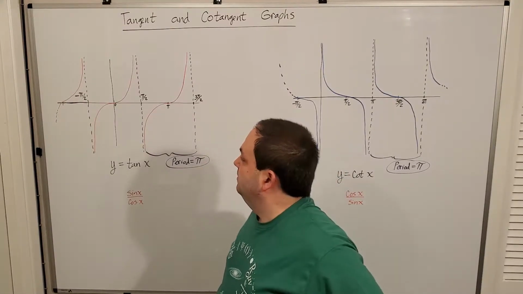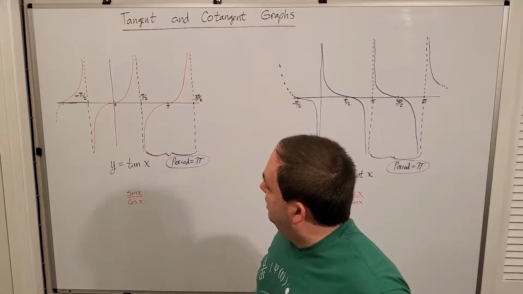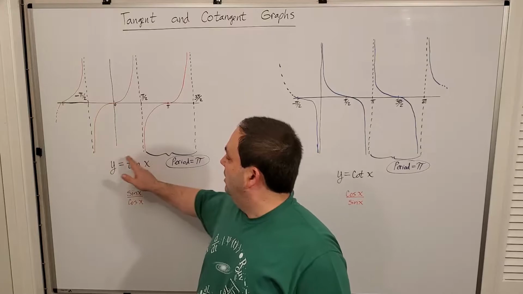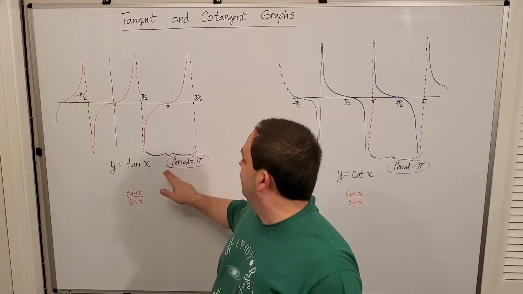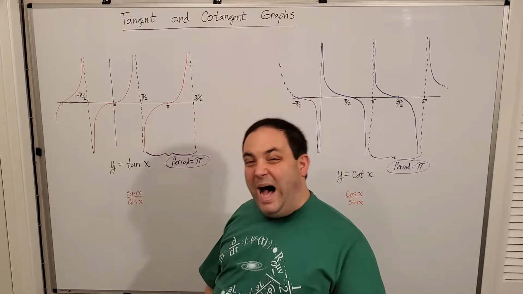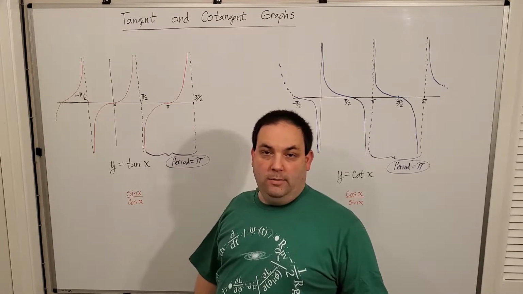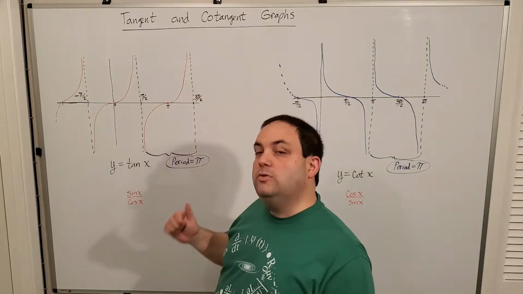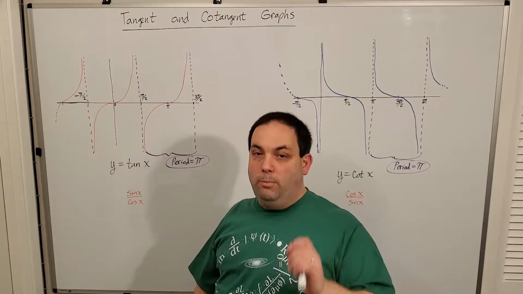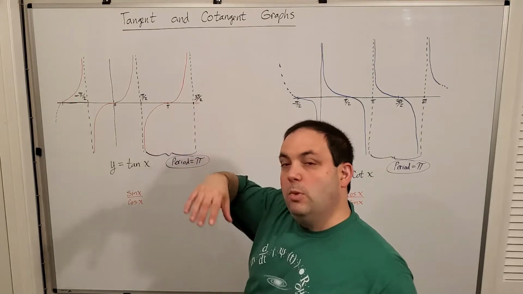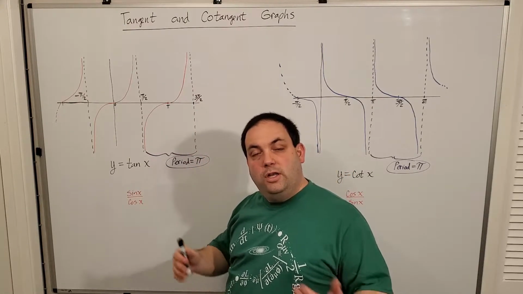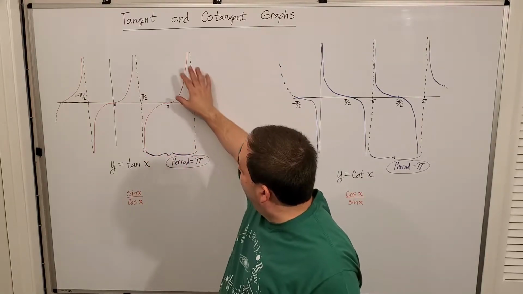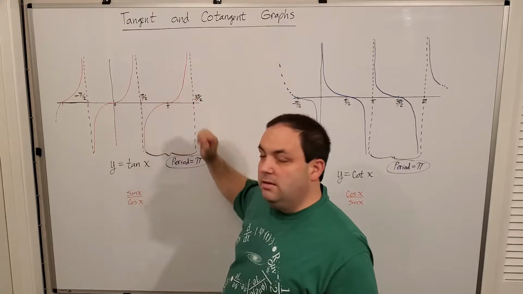it would be undefined. Okay, so typically what we do is we count a period between the asymptotes of these guys. And notice what that gives me is a natural period of pi, not 2 pi. The other four that we've talked about have a period of 2 pi. Tangent and cotangent have a period of only pi. Okay, so in a minute when we start drawing these, I'm still going to do the period and the quarter period, but the period and quarter period are going to be based off of one section in between the asymptotes